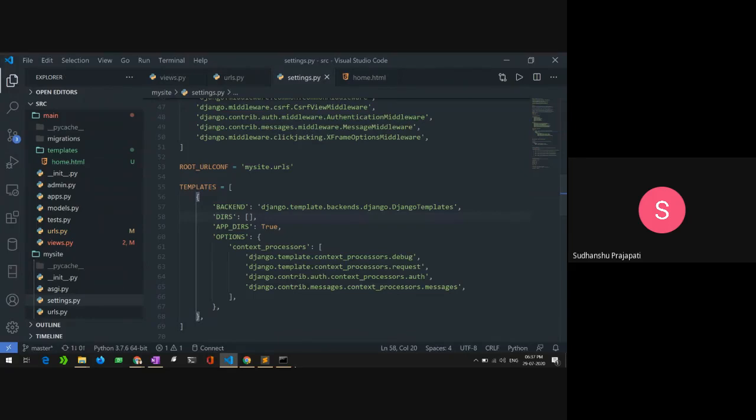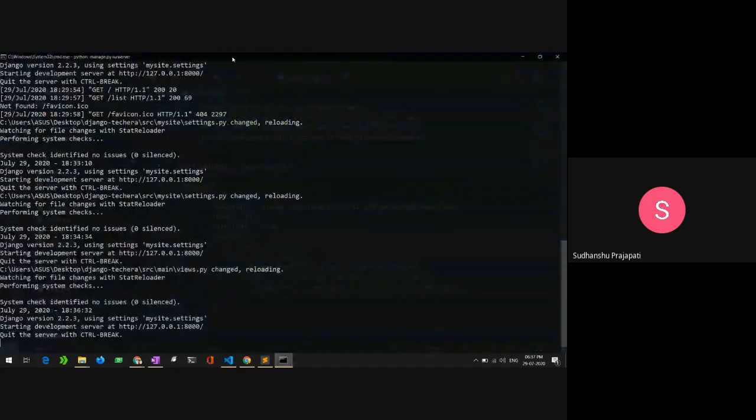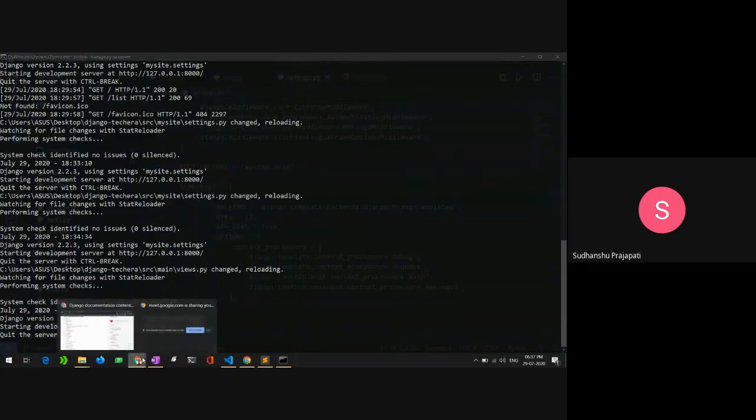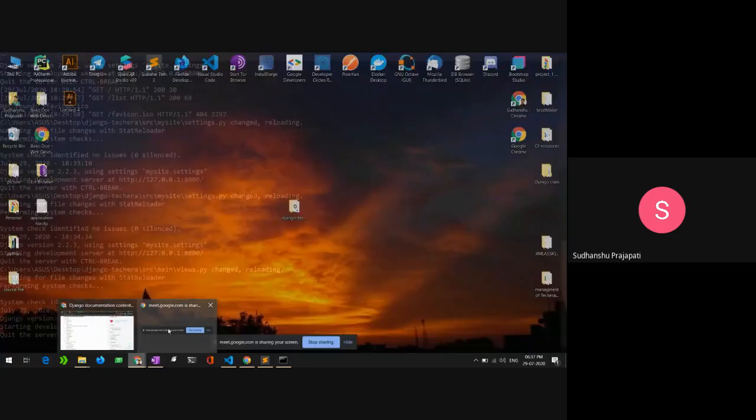After that, if your Django project has already reloaded, you can go to your browser, go to the URL that you gave before, and reload it. If you reload it, you will see the tag and the data I gave in the template is now here. Now we are working with the template.